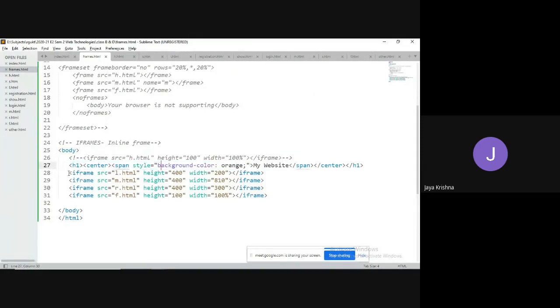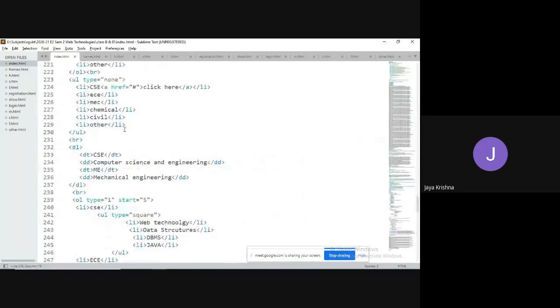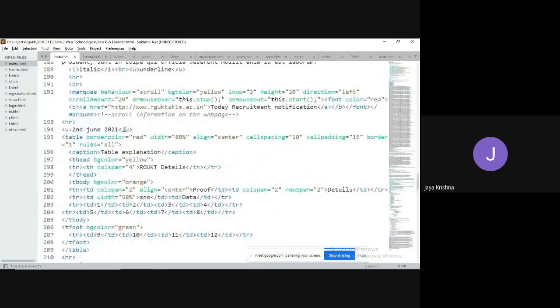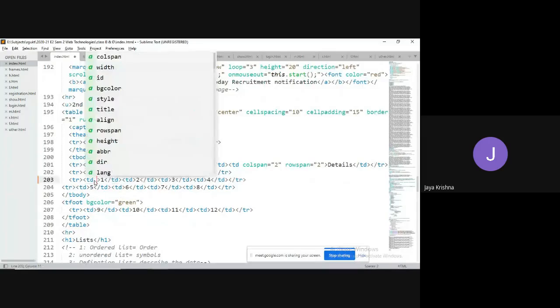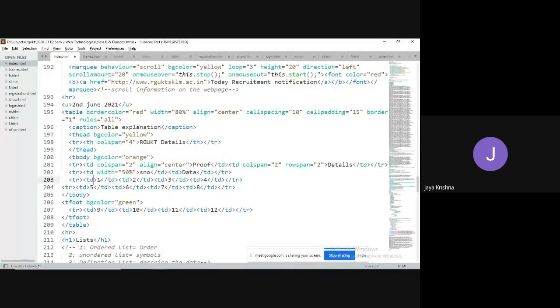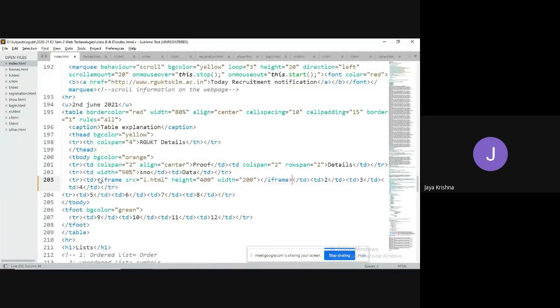For example, I would like to load this framing concept at some particular location like tables. Observe, here in the TD part, instead of one, I need to load this web page.